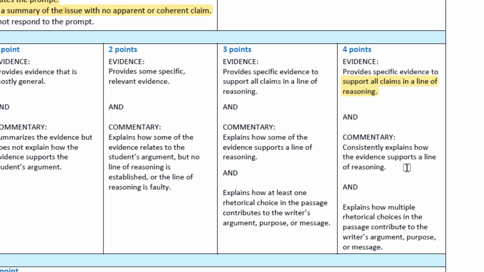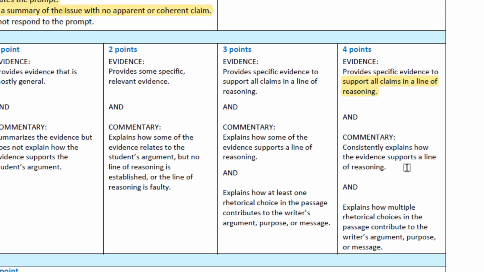If you think, well, I really don't need to comment on this, there's not much to say about this quotation, then you probably don't need the quotation. The quotation probably is pointless. So make sure that you explain the quotations that you use and show how they link back. Commentary on the AP Rhetorical Analysis exam does not simply mean summarizing what the quotation says. Commentary is not summary.